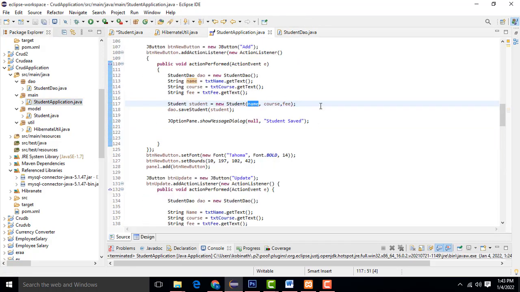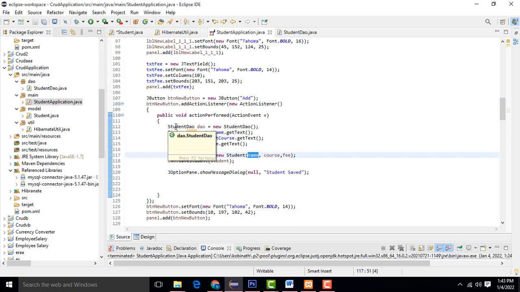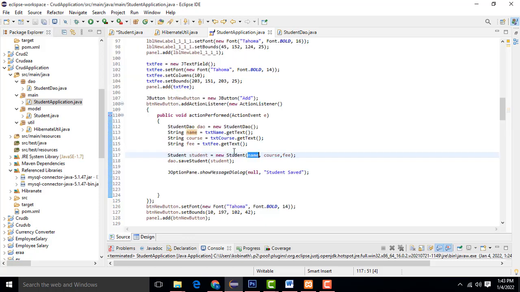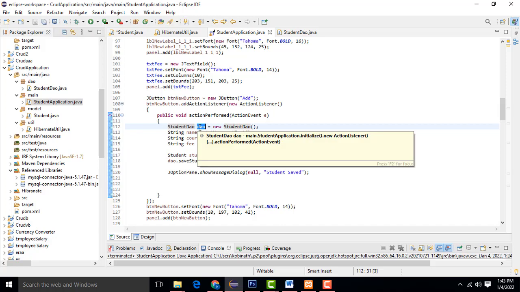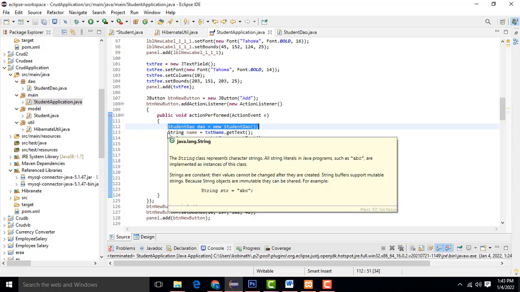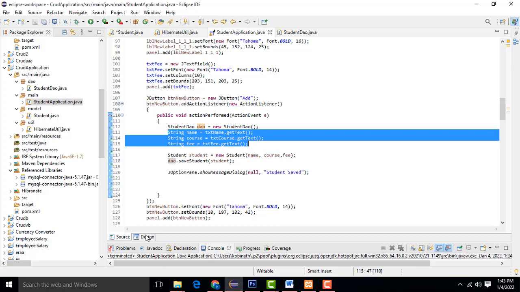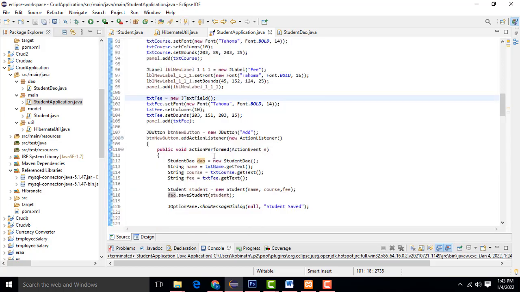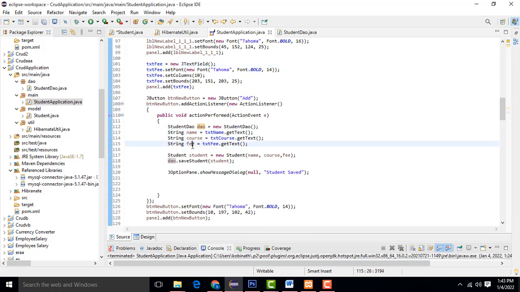Right now we have to call all the CRUD operations. After we add the record and click the add button, the record should be added into the database. What I did here is first the DAO class; we have to create the object. All the CRUD operations are done by the DAO class. We set all these text fields, txtName, course and fee, equal to the relevant variables name, course and fee.